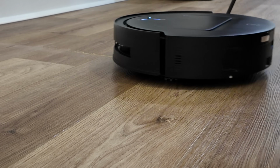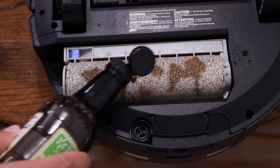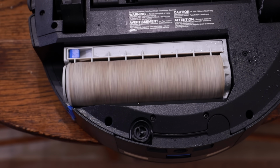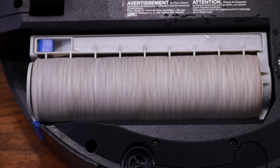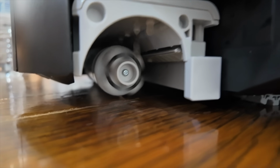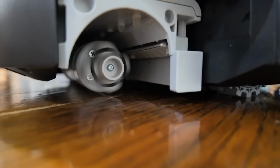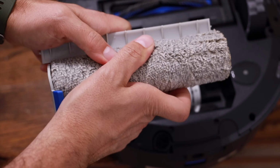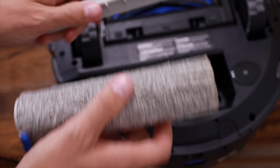I tested the self-cleaning capability by adding some soy sauce to the mop pad, and as you can see here, it had no issues instantly cleaning the mop pads. The OZMO Roller system keeps the mop pad clean with 8 precision nozzles delivering continuously fresh water and a built-in scraper that scrapes all of the stains and debris from the mop pad. The dirty water is then immediately sucked into the dirty water tank, which means every pass is done with a